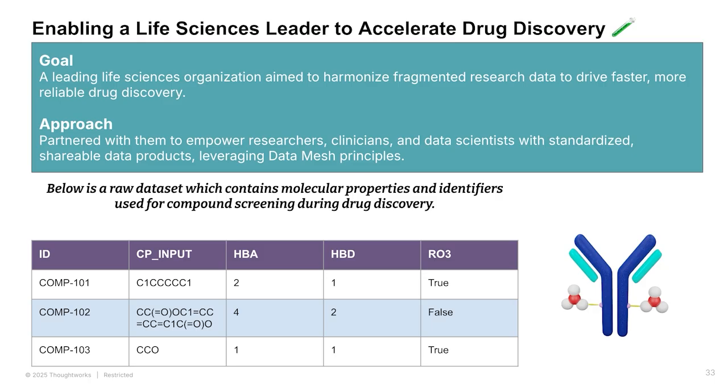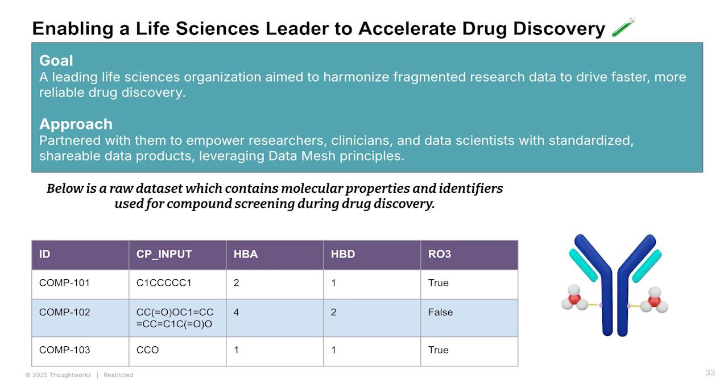So the data set that you see here has a few columns. If you take a look at the CP input column, we know it is a chemical equation with carbon and oxygen. But what standard is it following? How do we know this is what it is representing? Because there are many ways of representing chemical equations.